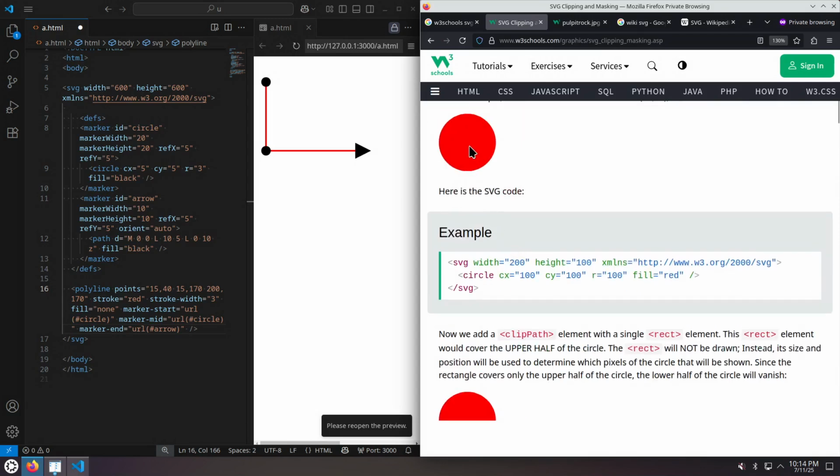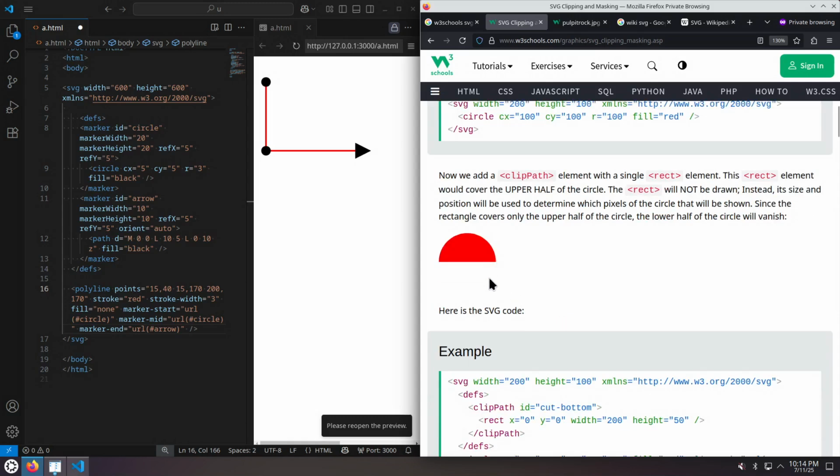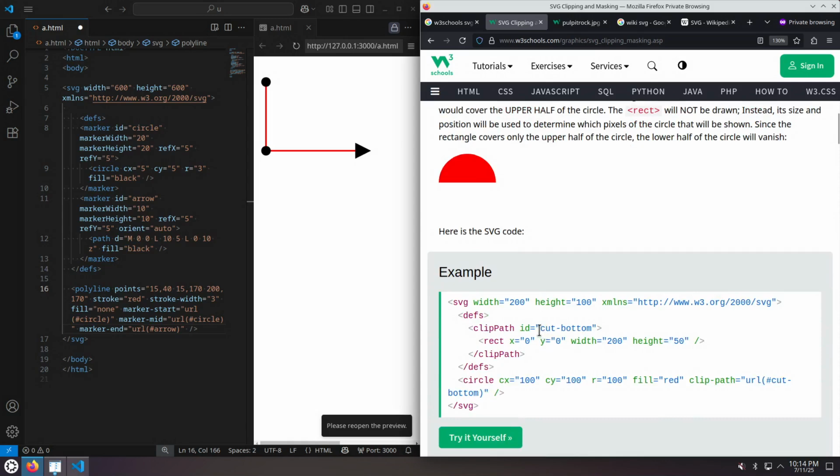So we have a circle and we want to not display everything, so we're going to clip half of it. We're not showing the bottom of the circle. Clip path, URL cut bottom, and we're just putting a rectangle